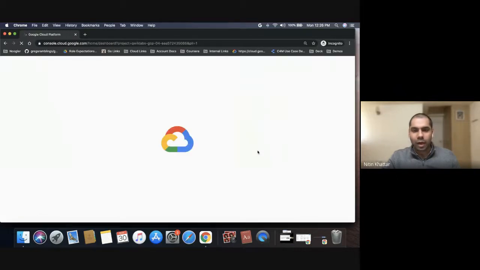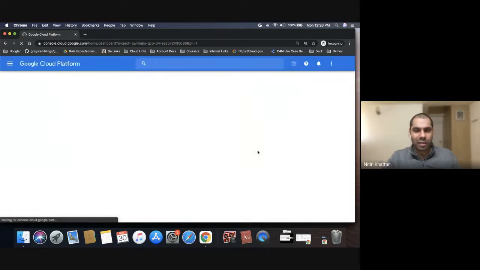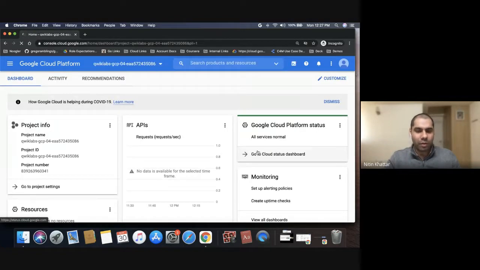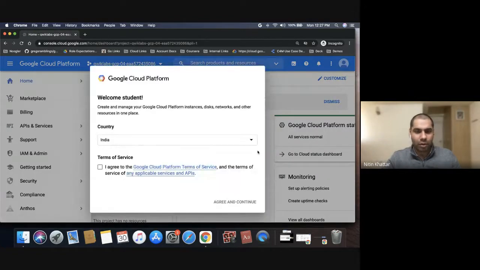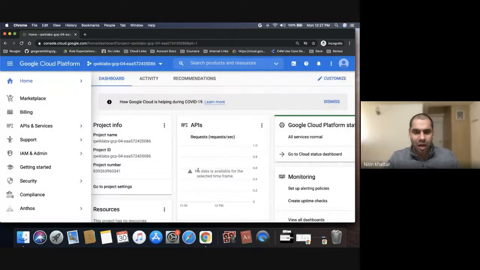I think Quick Labs is a really good environment that allows us to get started. And many times it's difficult to set up everything on our own systems or in our own accounts. Quick Labs gives you a way that you can start testing it out or learning specific use cases or specific services that you want to learn before going into the details of managing it and building it. I think as a starting point, Quick Labs is really good. And then once you've completed this lab, you can easily go into specific areas, go into your own Google Cloud Console account and start practicing those things.